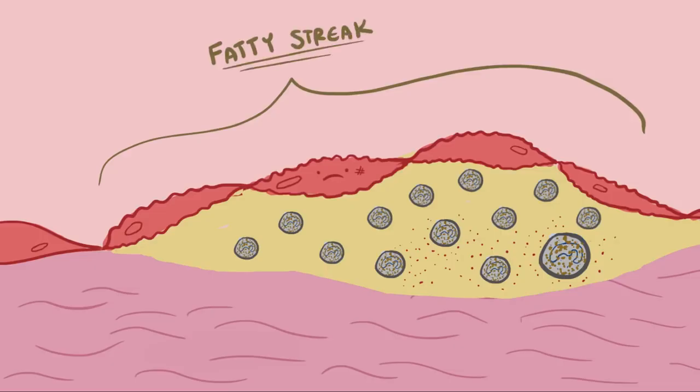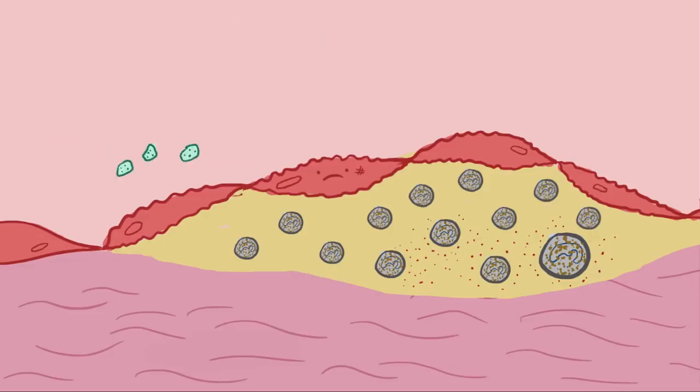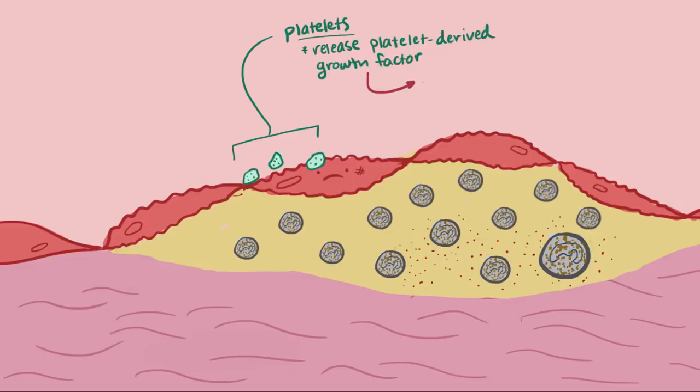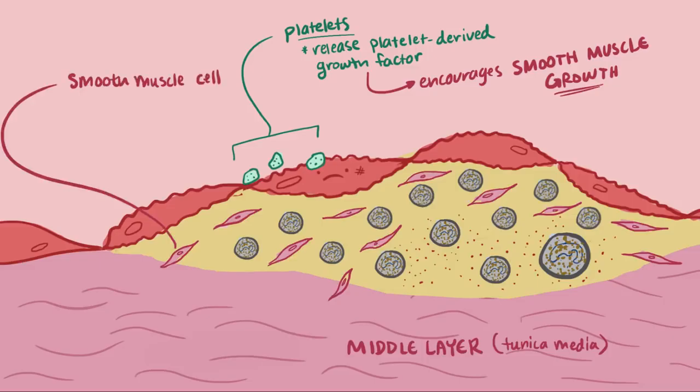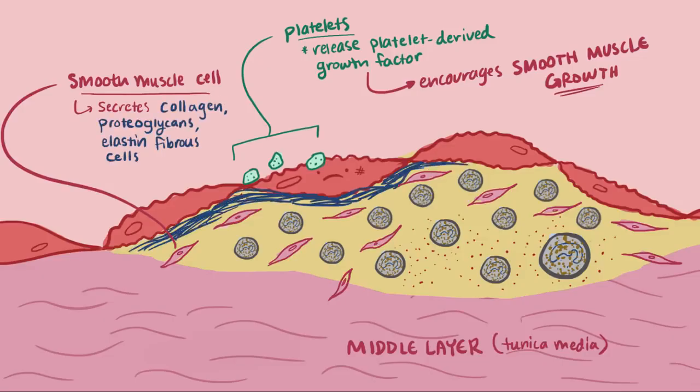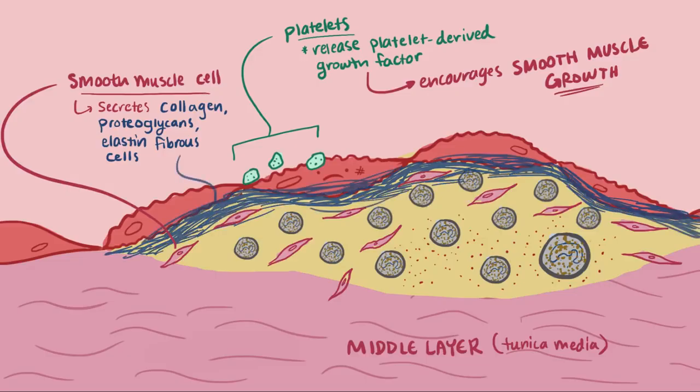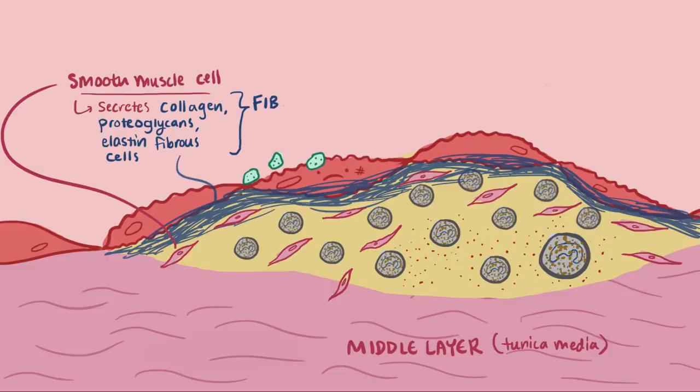Now, the fatty streak is thrombogenic, meaning that blood can clot on it. Platelets begin to gather at the damaged endothelium and release platelet-derived growth factor, which in turn encourages the growth of smooth muscle cells. Now, normally smooth muscle cells are supposed to stay within the middle layer of the blood vessel, the tunica media. The release of platelet-derived growth factor draws the media smooth muscle cells to the tunica intima, where they multiply. The growing smooth muscle secretes collagen, proteoglycans, and elastin fibrous cells that help form a wall around the fatty streak, preventing blood clotting. And we call this extracellular matrix wall a fibrous cap,